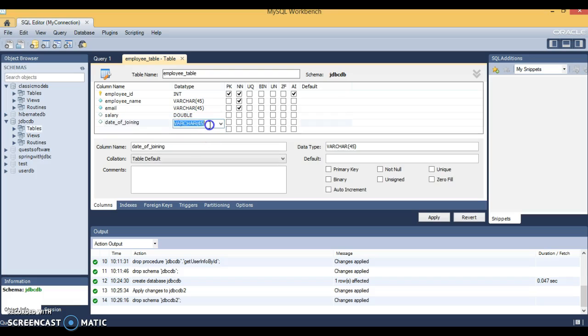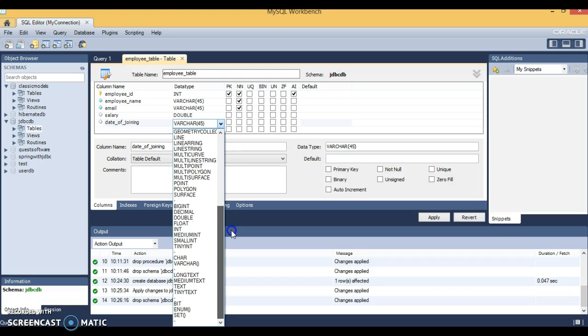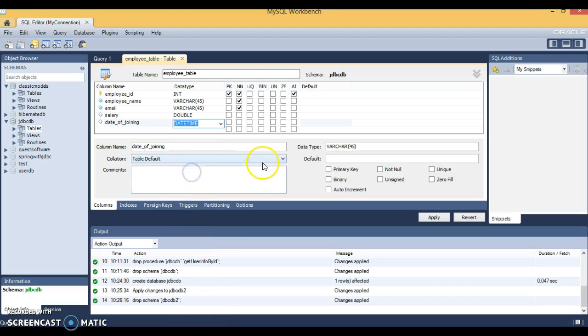So you can go to the drop down, and here if you come to the time section, you can keep a date only, you can keep date time, and you can keep a timestamp as well. So timestamp is nothing but the combination of date and time. So I'm going to take date time.